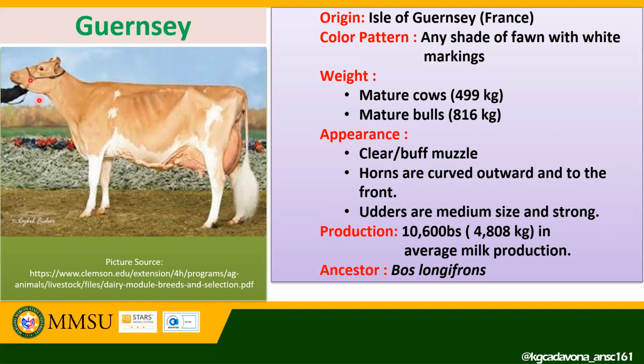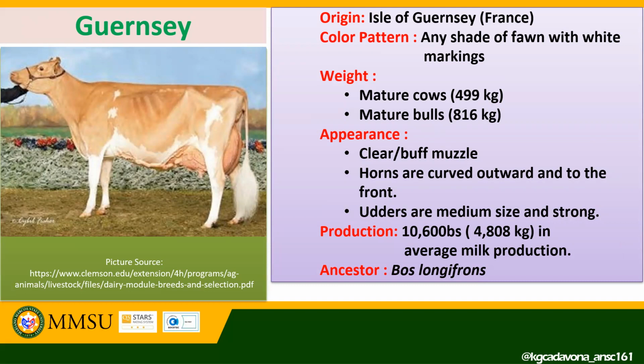And then with its horns, if you could observe it, the horns curve outward and to the front, and basically take note of this, they are medium in length. So they are just intermediate in size. And then unlike the other breeds, the Guernsey is an early maturing breed, and they are adaptable and have a gentle behavior. So the mature cows usually weigh around 499 kilograms, while the bulls weigh 816 kilograms